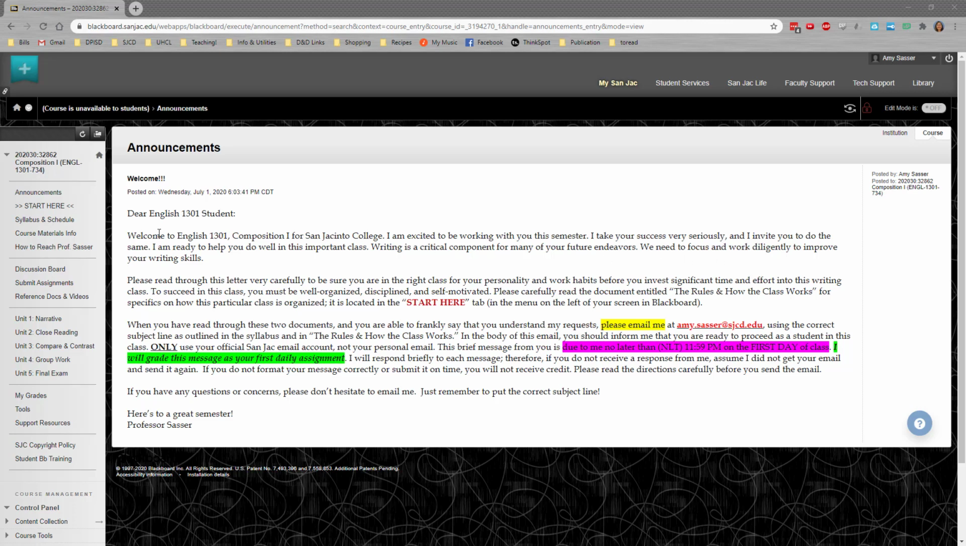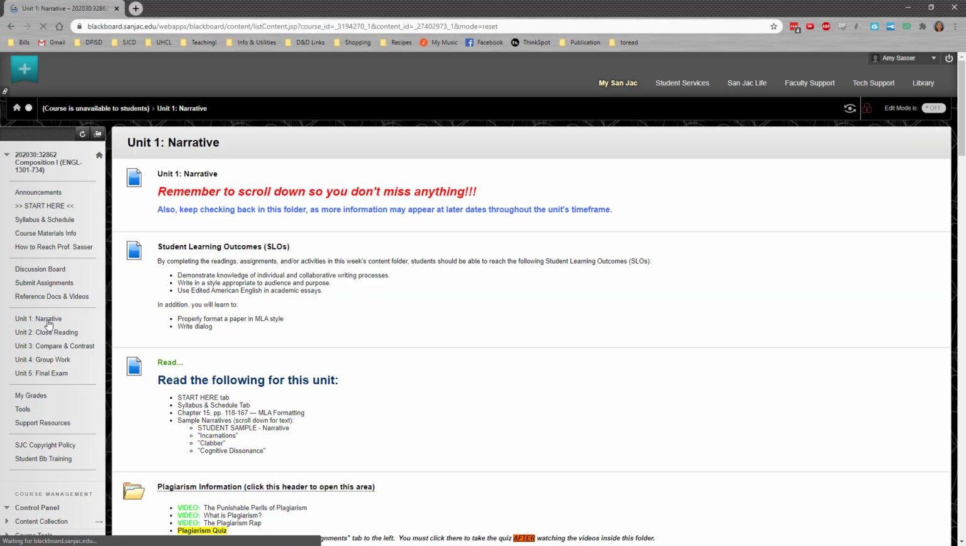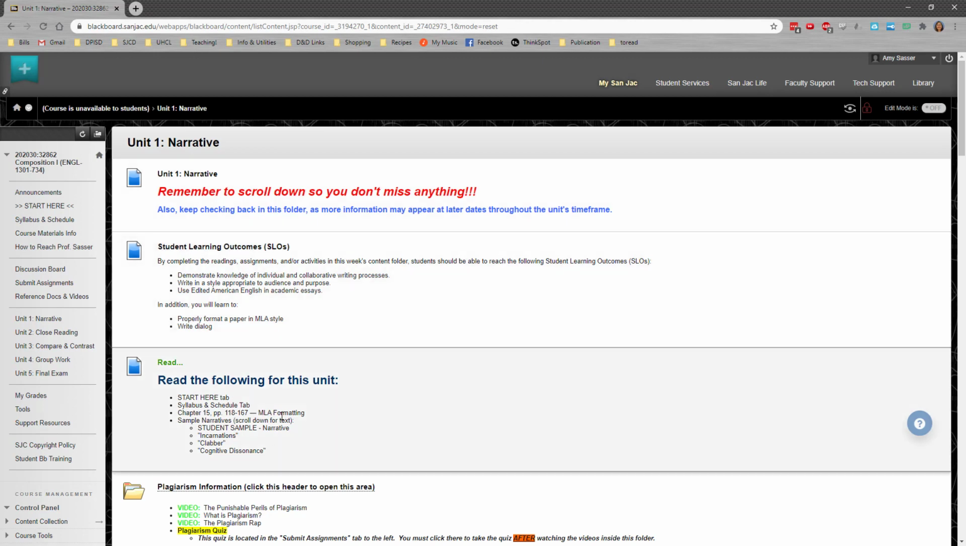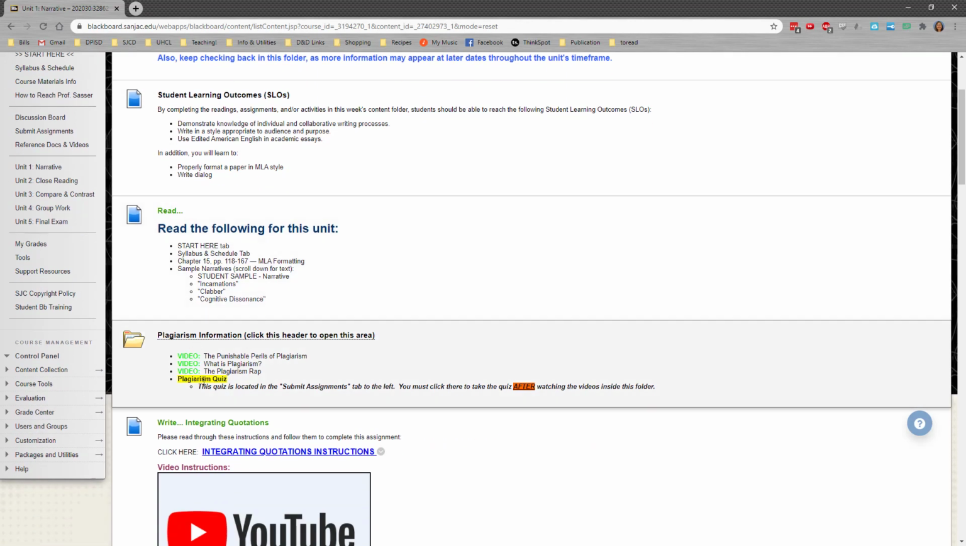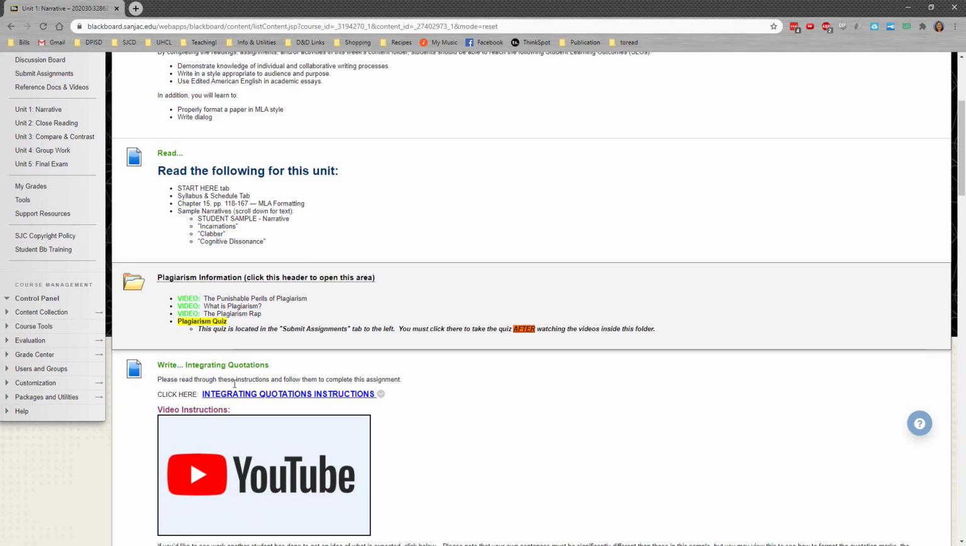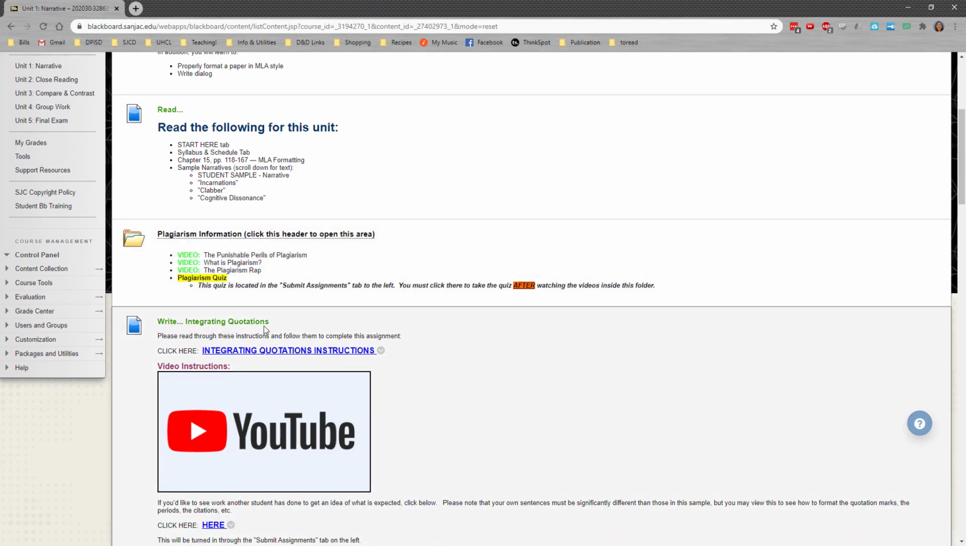Today we're going to discuss the integrating quotations assignment. This is one that has often caused confusion for students, so I want to be sure that you understand what I expect. This assignment is located in the Unit 1 narrative folder. After the information on what you need to read, and after the information on the plagiarism, you will see integrating